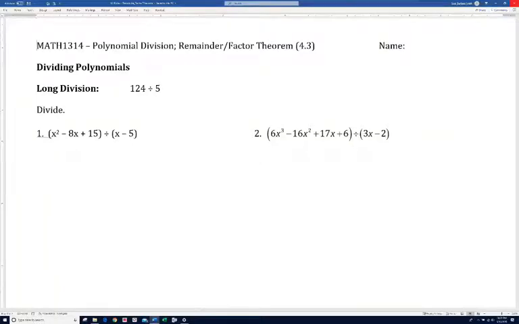In this video, we're going to be talking about polynomial division and then the remainder and factor theorems. So let's go ahead and get started. First of all, we need to discuss dividing polynomials. So when we do that, we're actually going to use the same procedure, or what we're doing is